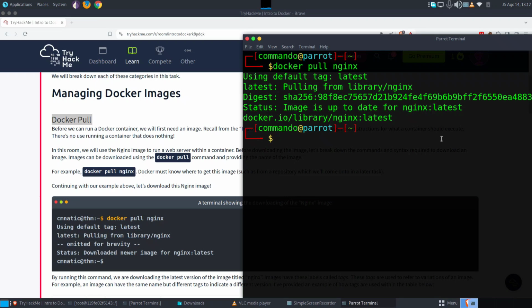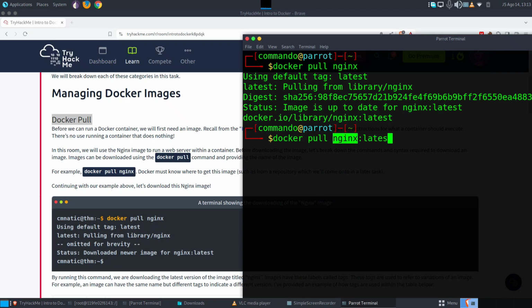Okay, now you can notice something else from this name over here. For example, it is written nginx, and in front of it there is the keyword latest. This latest is known as a tag. So if I run docker pull nginx, then a colon, and put, for example, the keyword latest like this, this is known as a tag, and this tag is going to specify